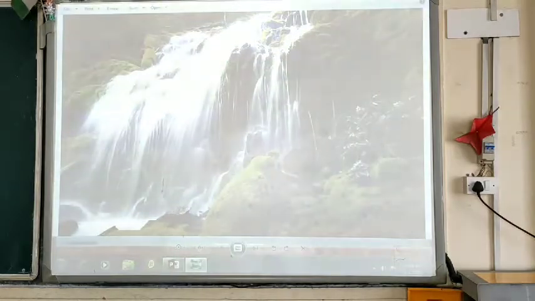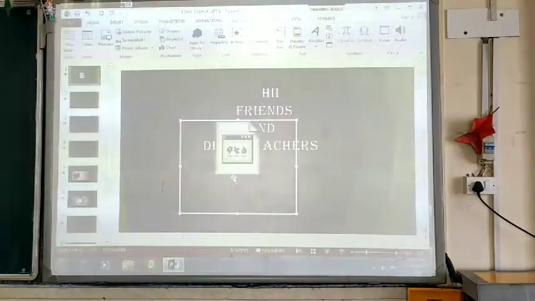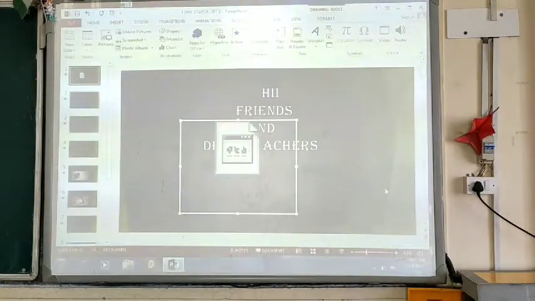Okay, so this is how you can insert any file or any data which you have already created, or want to create using an application other than PowerPoint, and you can use it within your presentation.